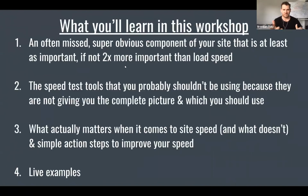And we'll talk about the tools we use and how to interpret speed tools. And we're going to talk about what actually matters when it comes to speed. So all of the things you'll read online are incomplete, or old, or written by affiliate marketers or content writers who've got no technical experience, or who've optimized one site. So we're going to talk about what broadly works,